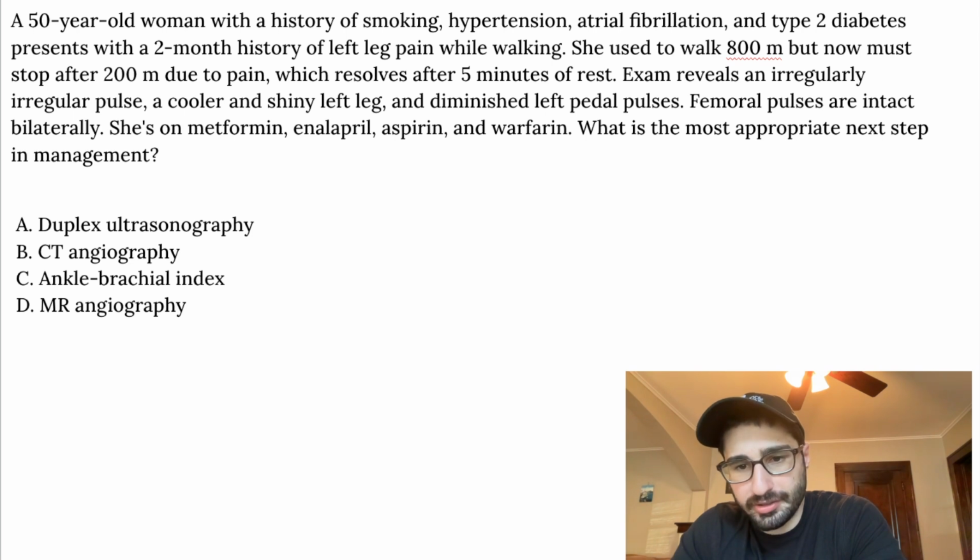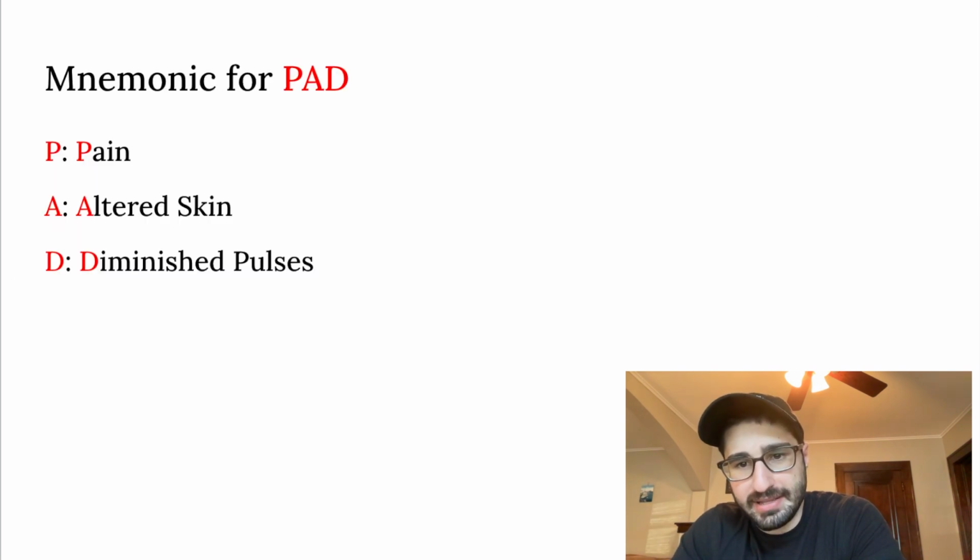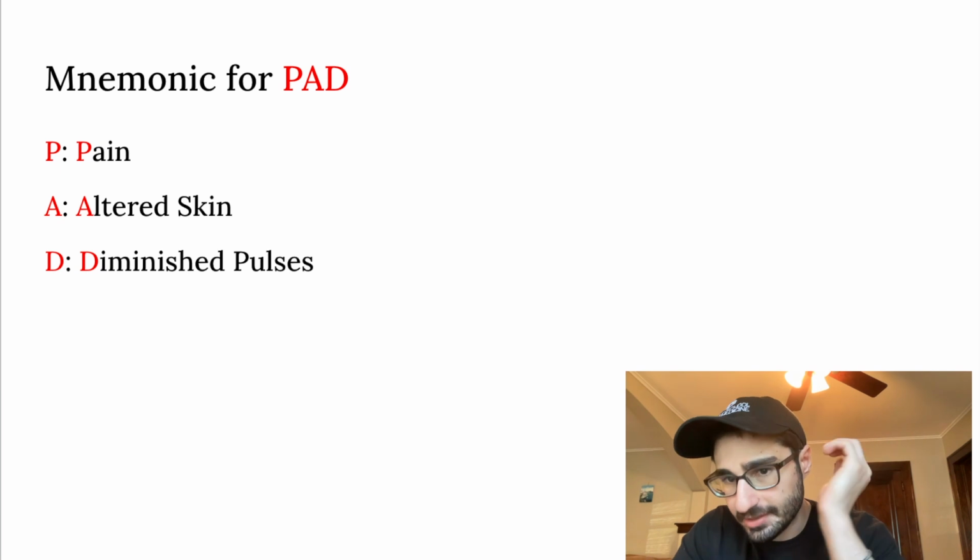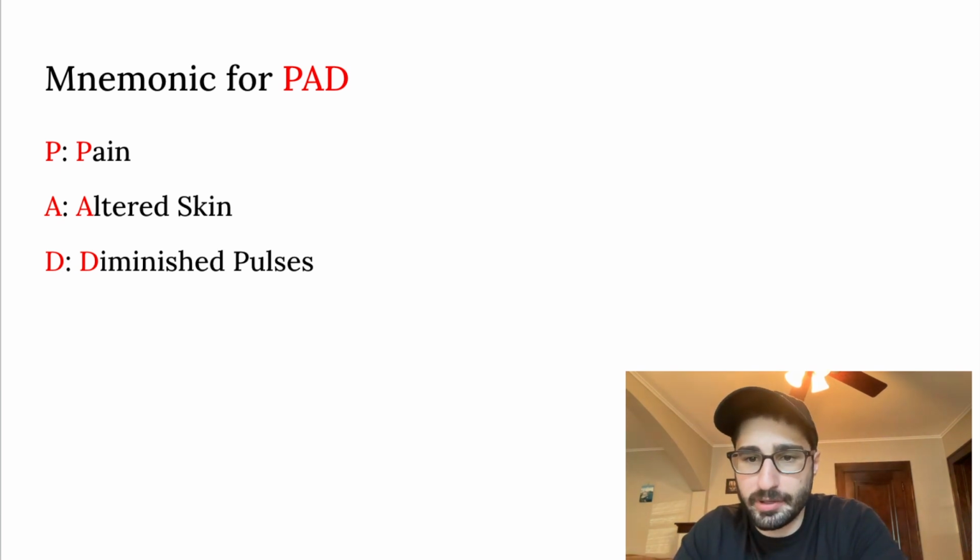concern for peripheral arterial disease, or PAD. So if you have these three things the patient in the question stem has, then they most likely have PAD. If you need a mnemonic to remember these three symptoms, the name of the disease will also tell us the important symptoms that it will present with. P is for pain, mainly claudication pain, which is cramping pain in the legs that starts during exercise and